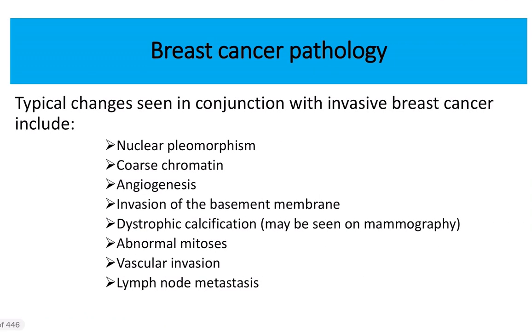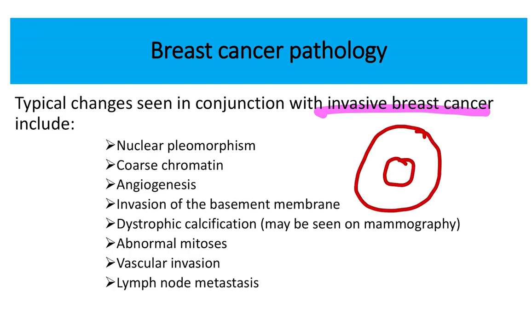First of all, let's see the breast cancer pathology. In case of breast cancer pathology, typical changes seen in conjunction with invasive breast cancer. Here, first of all, see the nuclear pleomorphism. So what occurs? Like this is a cell and this is the nucleus. So changes occur in the nucleus, changes occur in the cytoplasmic area, and changes occur also in the membrane. So first of all, here we can see the nuclear pleomorphism, that means the changes of